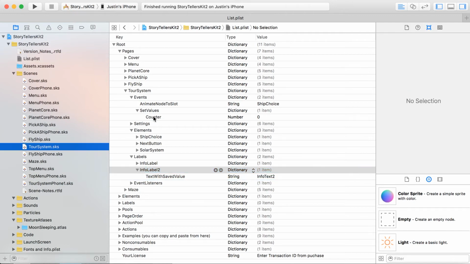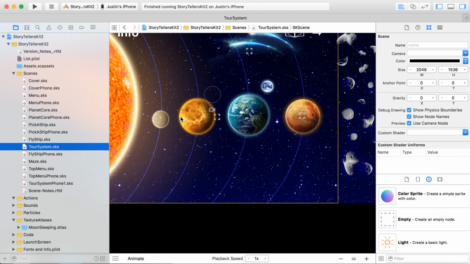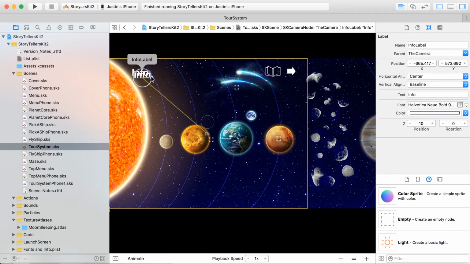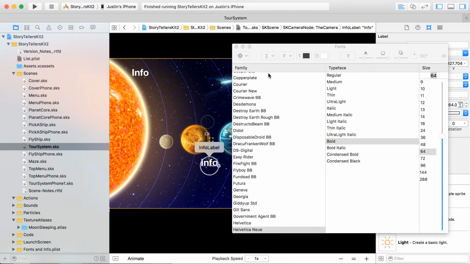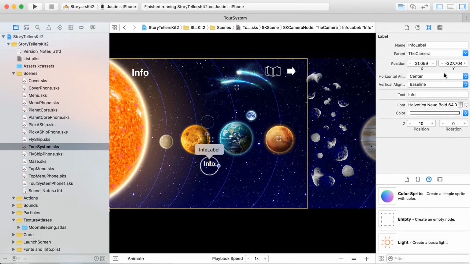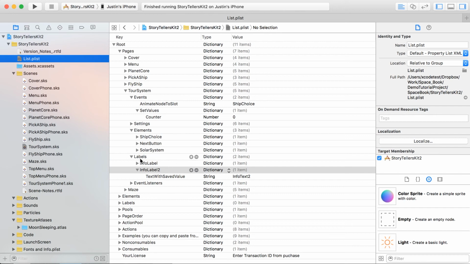Let's go and set up the second line of text though, and I'm just going to copy this. This would be kind of floating down here for more details, like let's say that says Earth, and then we'll put in here some bit of information about the planet Earth. Okay, and I do need to be sure that says info label 2 and set that to just dummy text. All right,